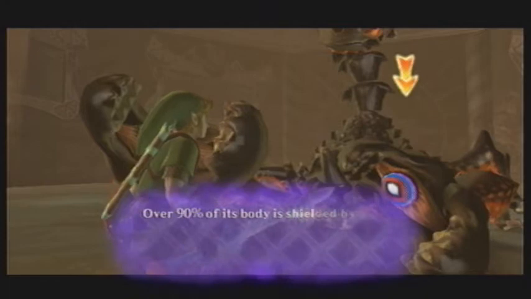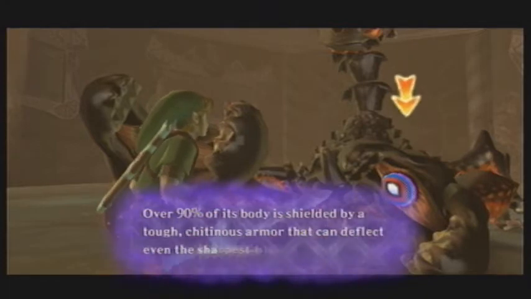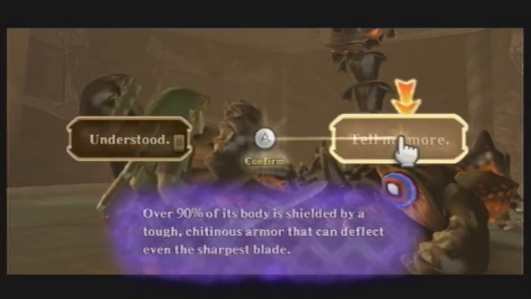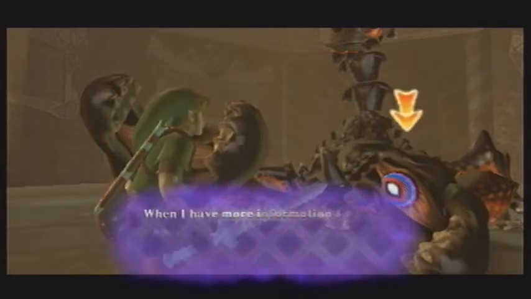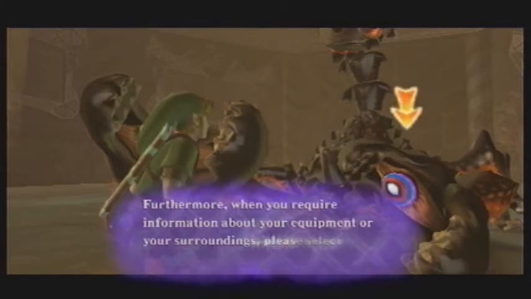you see before you. Over 90% of its body is shielded by tough, chitinous armor that can deflect even the sharpest blade. This is all the information I have at the present time. When I have more information to report, Master,